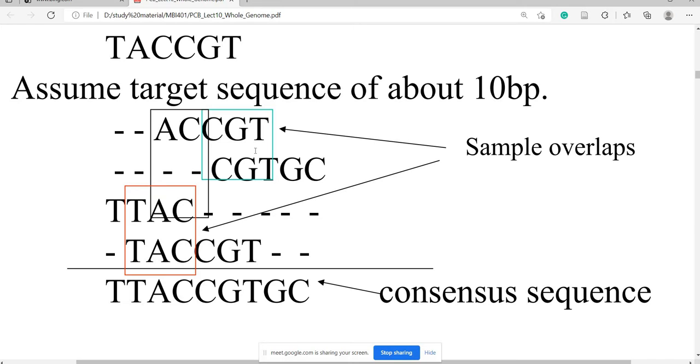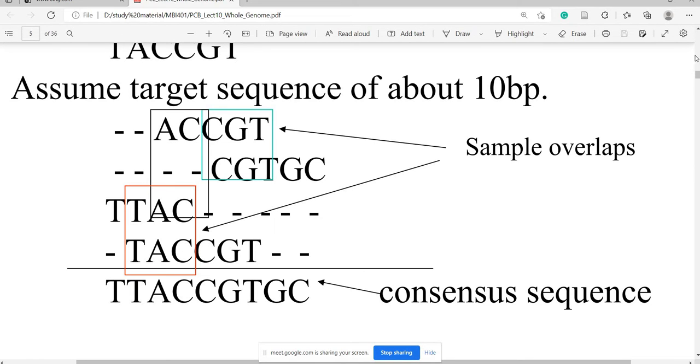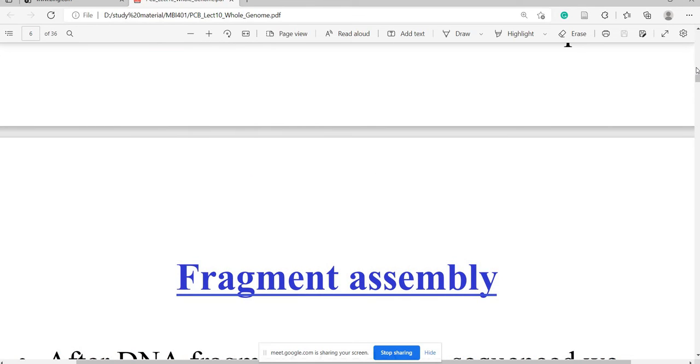Suppose these are 4 fragments. Now we have to search for the overlapping fragment. What is the overlapping fragment here? The overlapping residue AC. AC is common among all these.